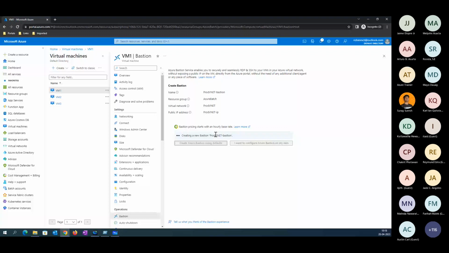We need to wait. Bastion service creation is in progress here. So we need to wait.